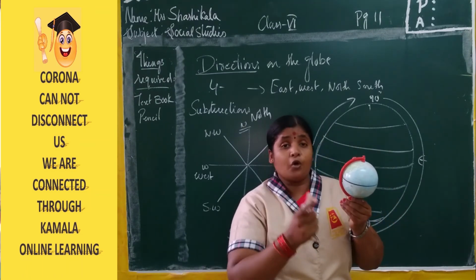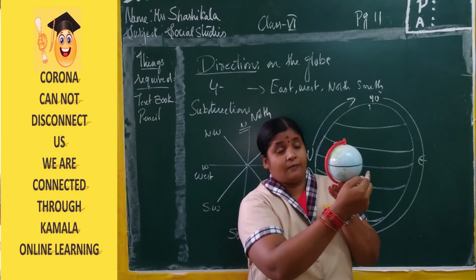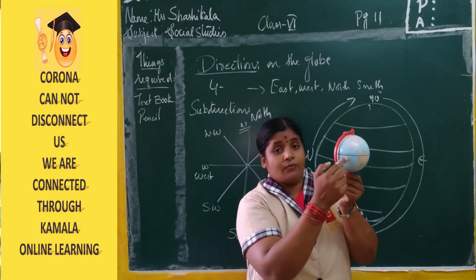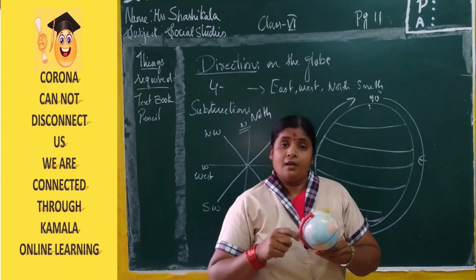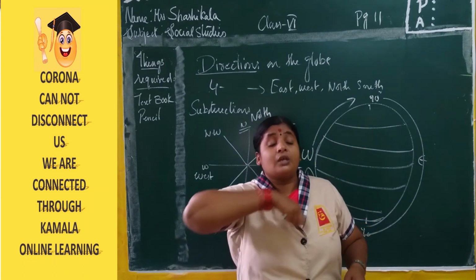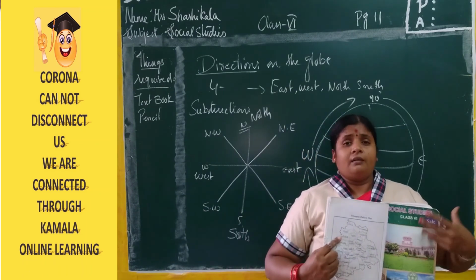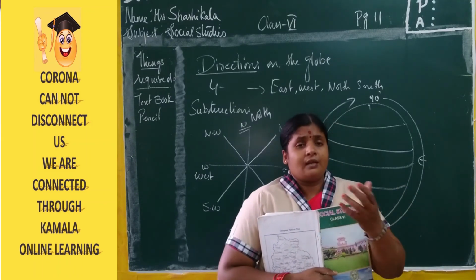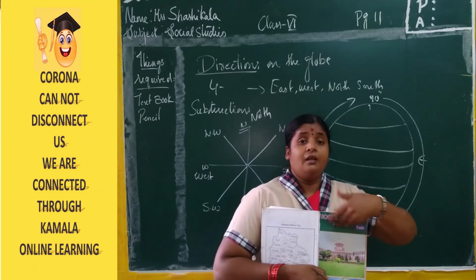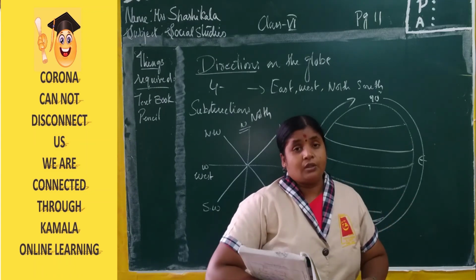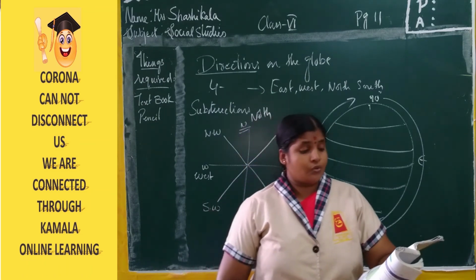Or else if you have a ball also, keep three dots and start rotating the ball from the east direction. When it is from the east, it is going to the west and the same directions will be coming back to the east. Right? Here we can say that the earth is rotating and we people are living on the earth. We can observe that we are not moving around the sun, or our earth is rotating or revolving, but our earth is rotating. We can't feel that.